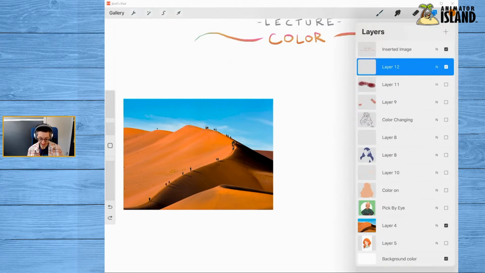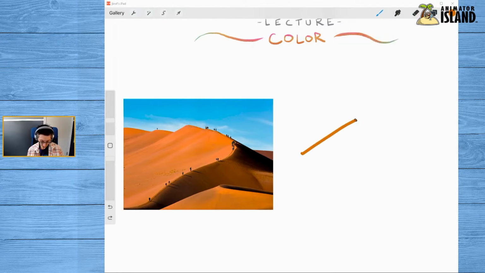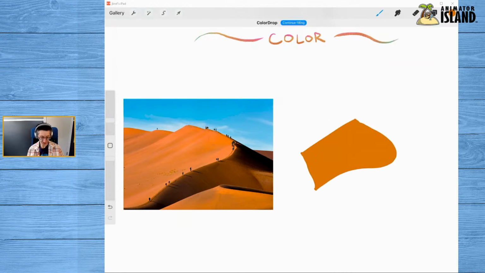Okay, so then we might take this color and we might just paint ourselves the shape of this part of the sand dune, right? And so what I was trying to do was color pick to that part of the sand dune. Now, obviously, there's a bunch of colors in that part of the sand dune, but I can just from here determine, did I get close? Did I get close to the feel of that entire sand dune?